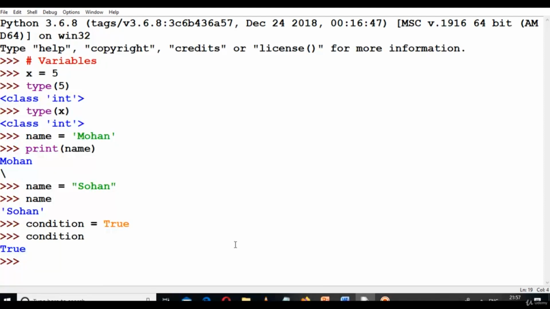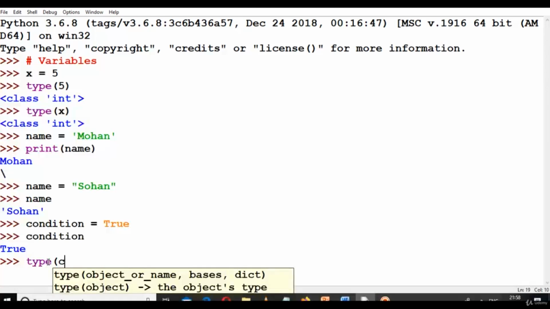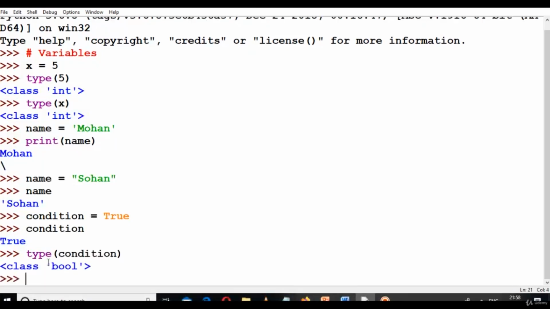So this is how we can store any data type value inside a variable, and then we can use the type function to determine its type. So this is class bool. Now next thing is,